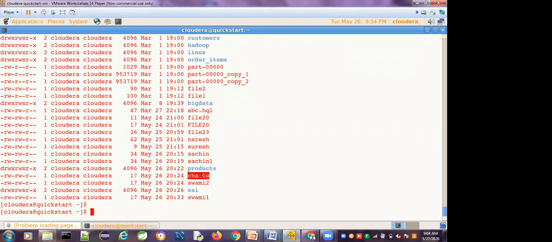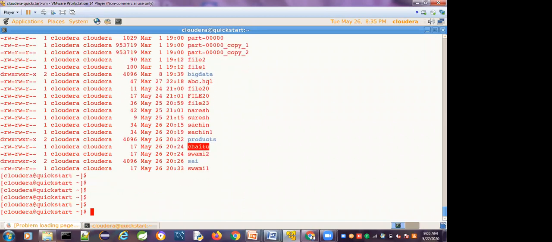Whatever data is present in Swami 3, the same data is present in the Chaitu file. That is known as renaming of the file. With the help of the mv command, we can rename the file.